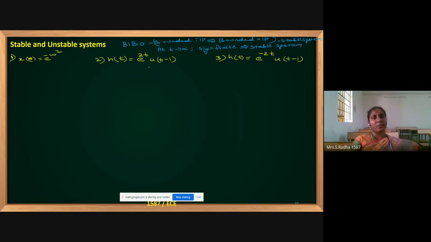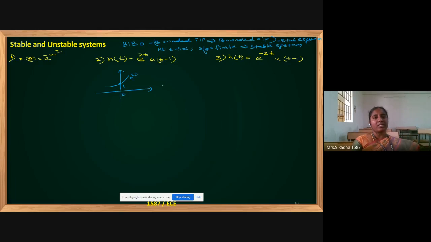And here I have three problems in this slide. You can see the exponential thing. Here I will go with the second question first. E power 2t means increasing exponential. So like this, x-axis, y-axis I have drawn. E power 2t, at t equal to 0, the cutting point is 1. If you put t equal to 0, e power 0 value is 1. So the cutting point on y-axis will be 1, and this is the e power 2t diagram.